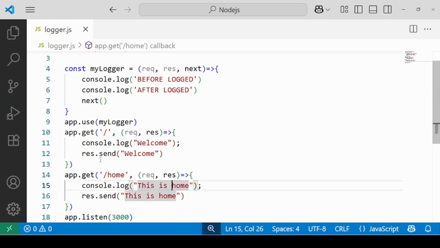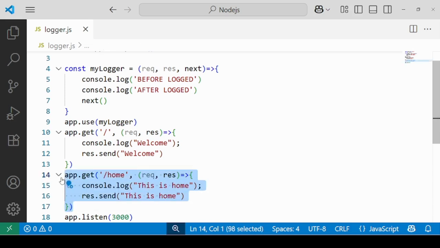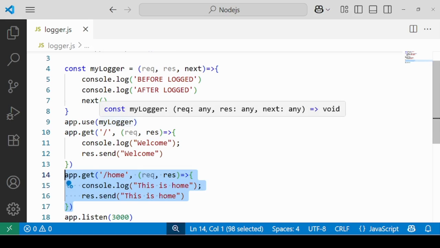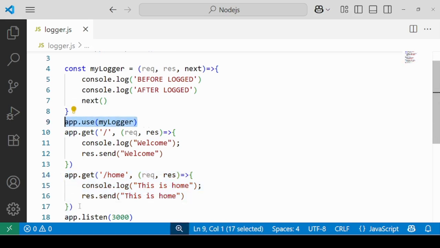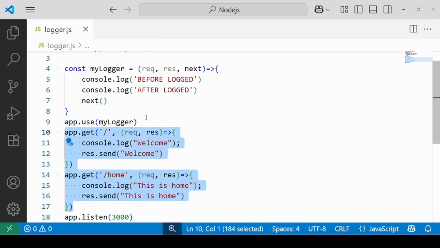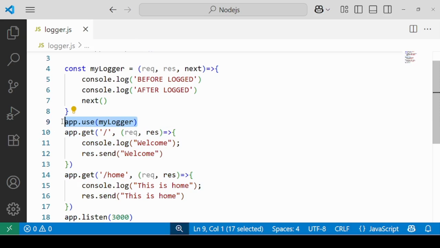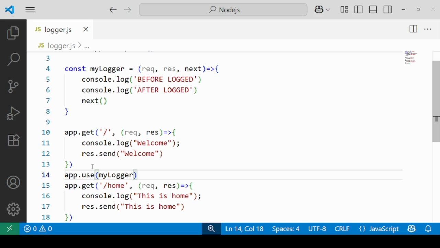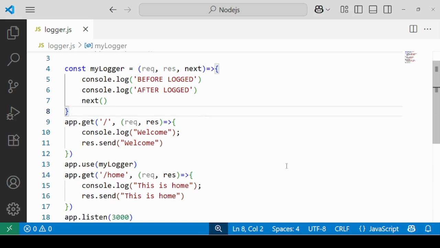Now this time you will never go to this particular URL because you never hit that URL. Whatever URL you are hitting, if that URL is using that middleware, it will run. How would you know whether this URL is using this middleware or not? Because you're using it just before both these URLs. Now the placement of this MyLogger, the utilization of this middleware, also matters. Let me cut it from here. Now if I'm pasting it somewhere, let's say I'm pasting it here, the result is going to be different.